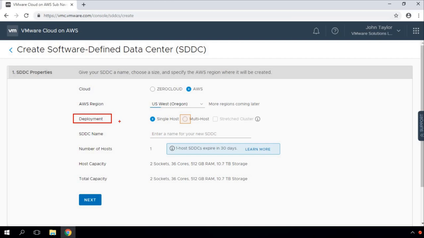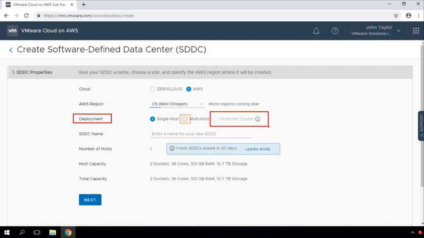Is it a single host SDDC or do we want to deploy a multi-host SDDC? In a multi-host SDDC, we also have an additional option of stretch cluster, which means that we can stretch our cluster or our SDDC across multiple availability zones for higher resiliency and availability.